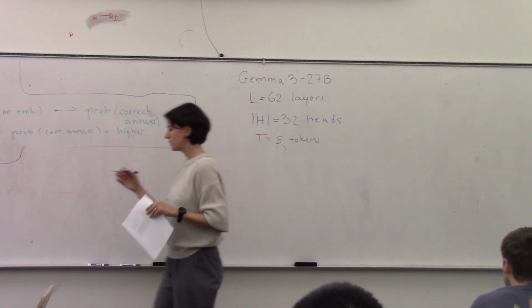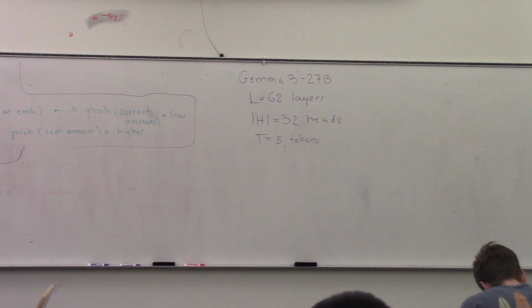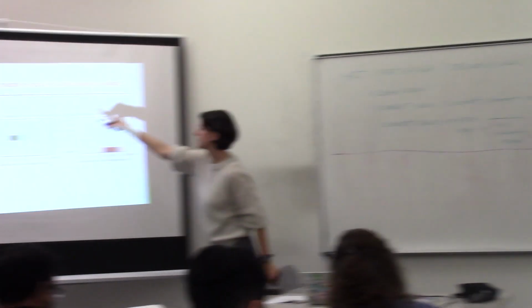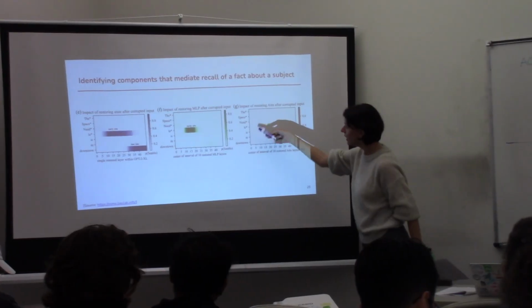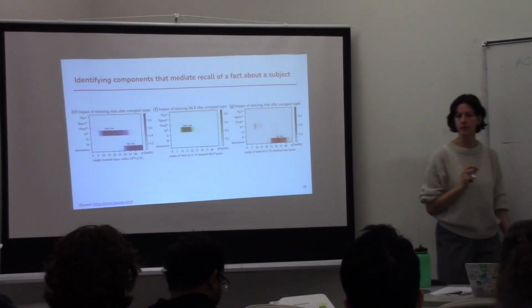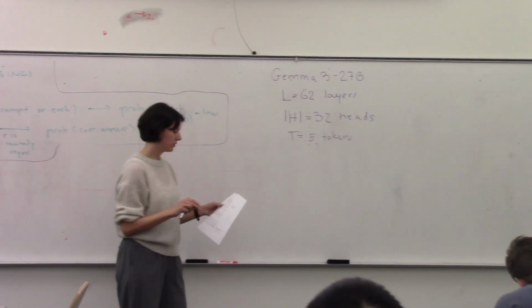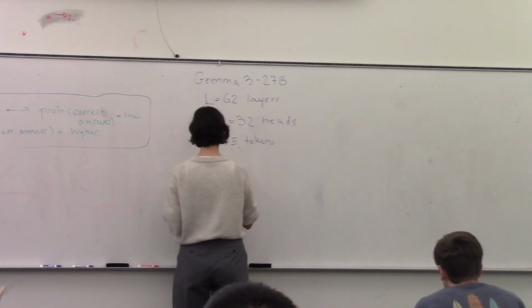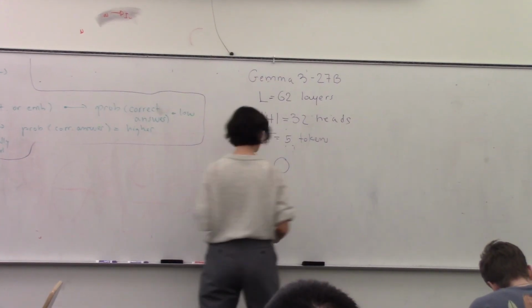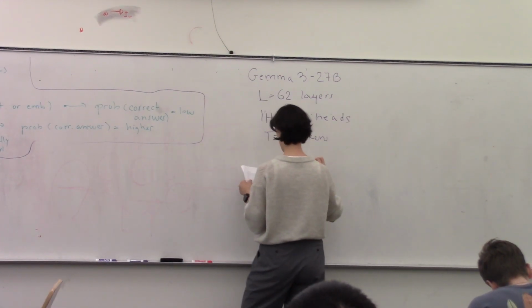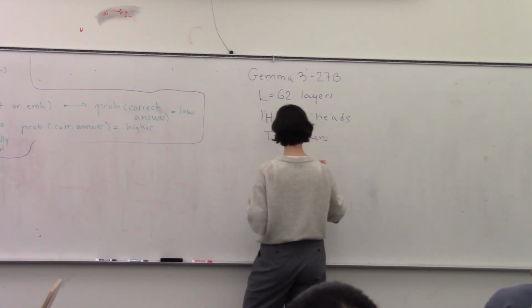For example, for studying factual recall, we have seen things like the Space Needle is in downtown. Here we have 7 tokens, but let's say I'm really modest and have only 5 tokens. Then the basic complexity of my activation patching is,